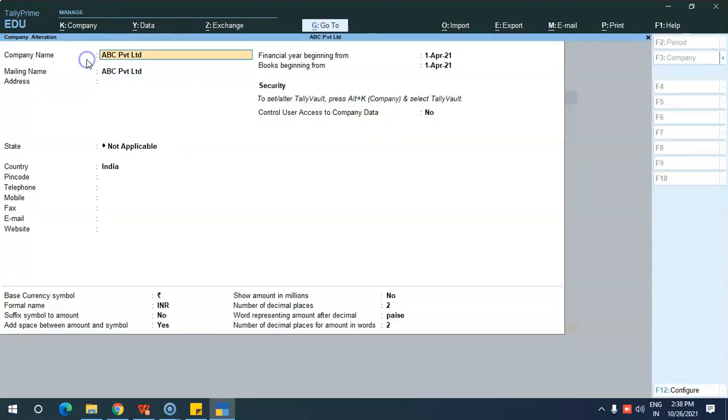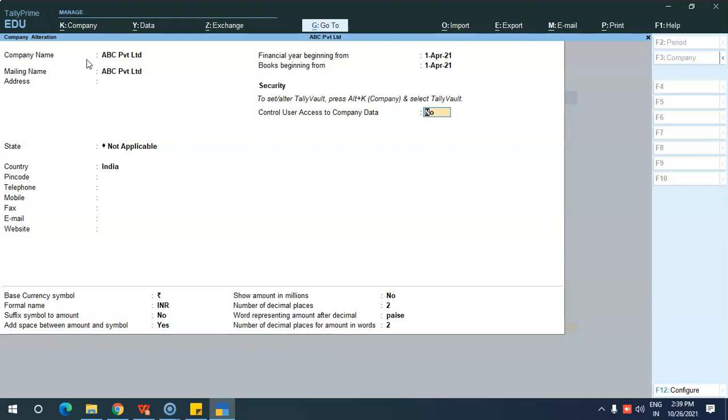Okay, I'll just tell you, for setting the security control, just go to company and go to alter. Okay, it goes to company alterations page. So security control means, in an organization you will be having accounts department. In accounts department you will be having many persons. One will be for manager, accounts manager will be there, senior accountant will be there, junior accountant will be there, data entry operator will be there. Okay, so each and every person have their own work. So depending upon the job they are doing, we can provide the access.